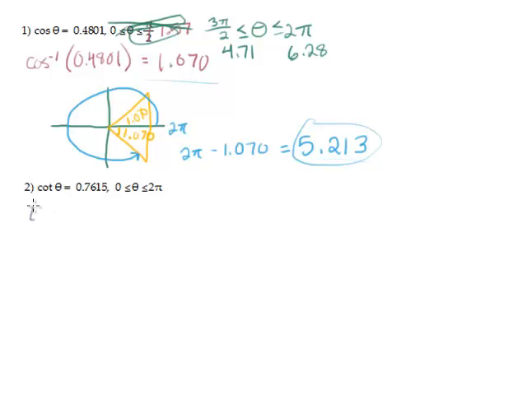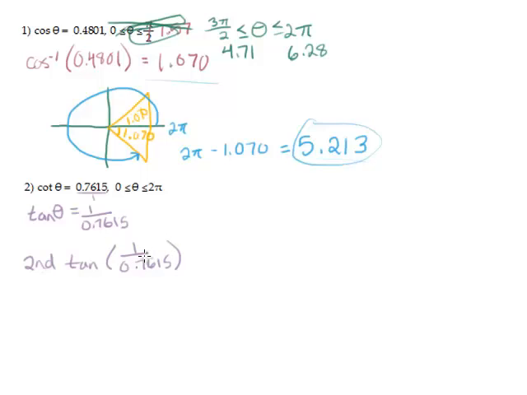If I flip cotangent, I get tangent because they're reciprocals of each other. If I flip 0.7615, we could put a 1 on bottom, which means it would be 1 over 0.7615. So in our calculator, we're doing second tangent, or on the Inspire, you're just doing inverse cotangent, of